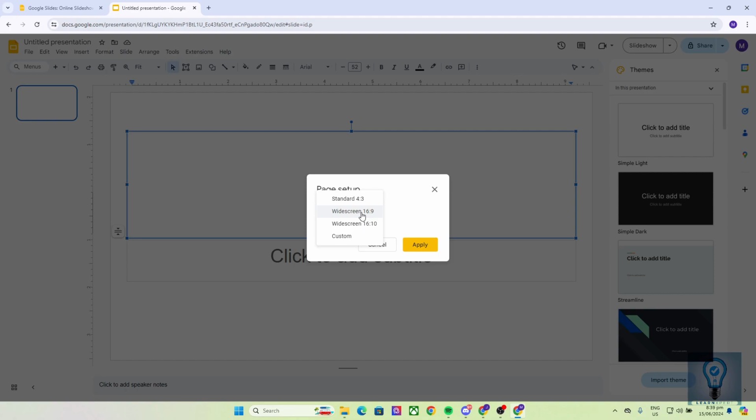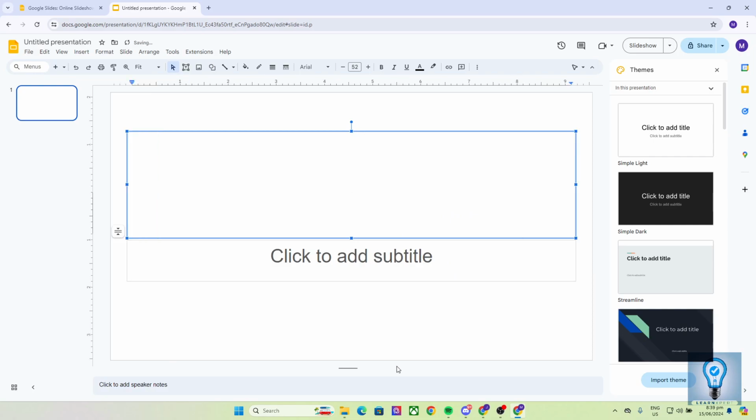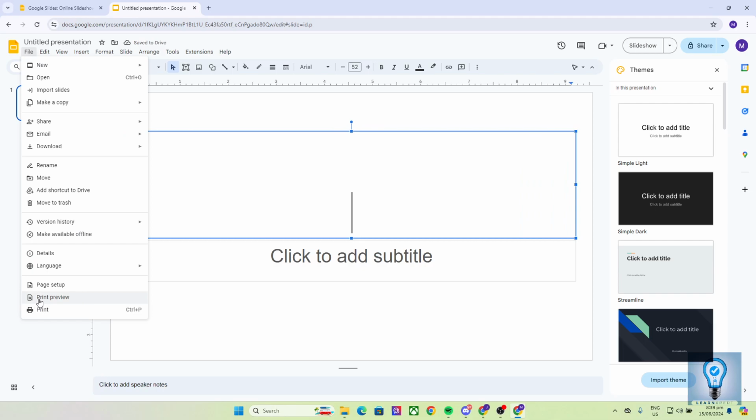Now, this will affect the overall slide surface of your Google Slides. Let's say, for example, we want a 4:3. Click on Apply, and now as you can see, it is now a 4:3 file or slide. You can also put in custom